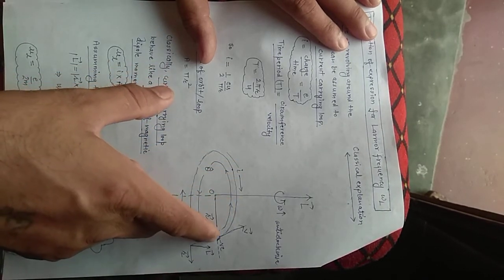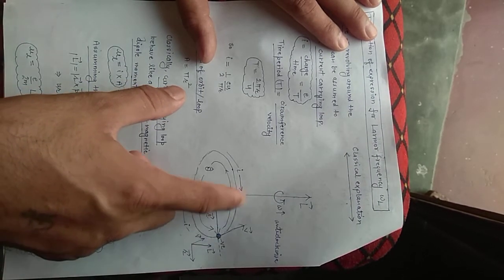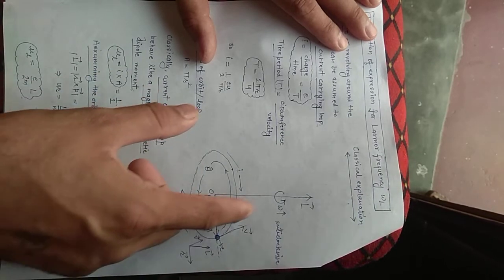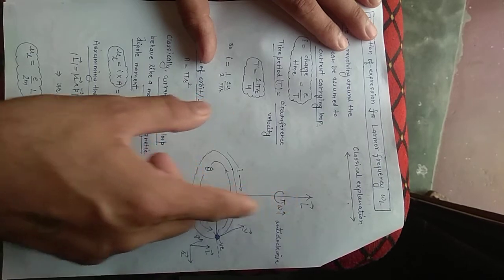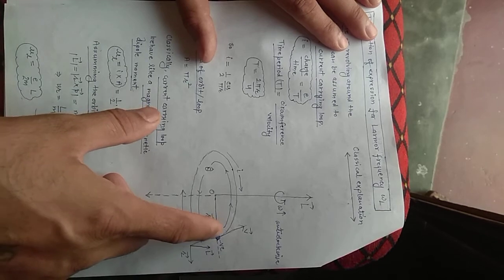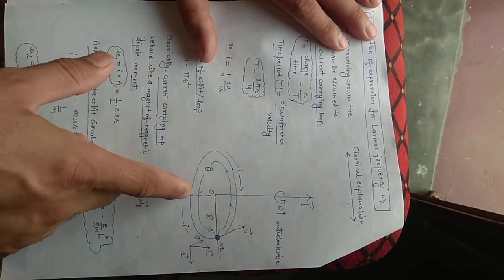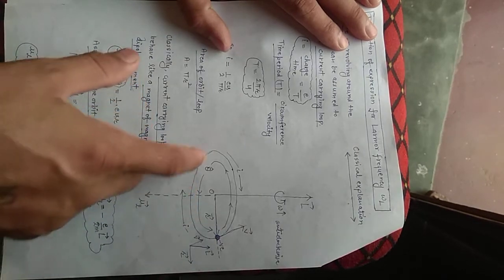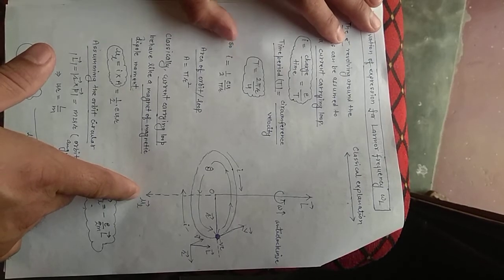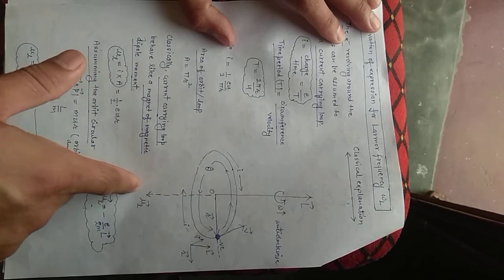So due to the motion of the mass, the electron, in anti-clockwise direction, the direction of the angular momentum vector L will be upward. And this is negatively charged and current is flowing in clockwise direction, so due to the current loop, the magnetic dipole moment will be in downward direction.